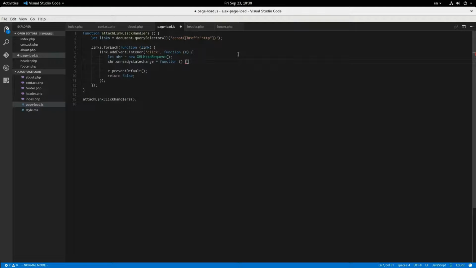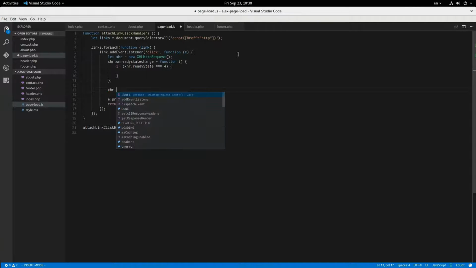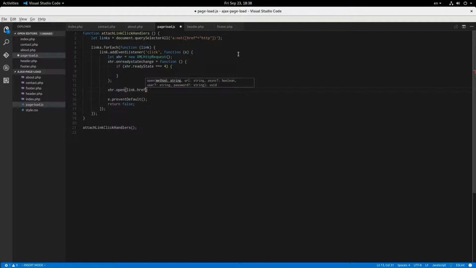Why do I keep doing that? If xhr.readyState equals 4, then we'll do some stuff there, and xhr.open, what URL? Actually, duh, the first one is the method, and then link.href, and yes, we want it to be asynchronous. Alright, and then send that, and then up here, once it's loaded, we're going to say,